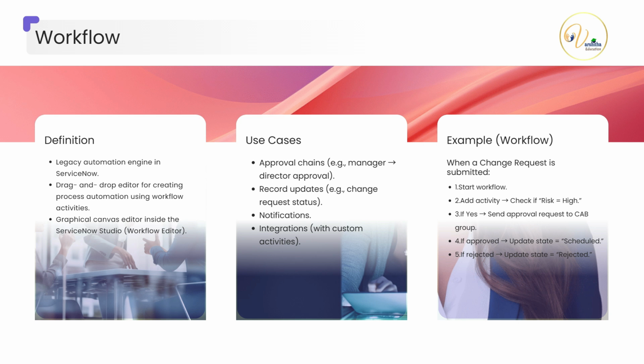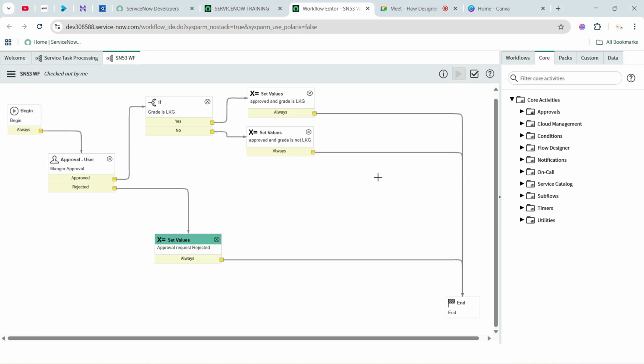There are multiple examples available, but you can go through the example I just showed, where a condition has to be satisfied. There are also triggering conditions available in the workflow area. Whenever a condition is satisfied, one workflow will start automatically, and after its completion we come to the next level, like approval, where some conditions will be checked. Everything will be available in the workflow area. This is fine, very easy.